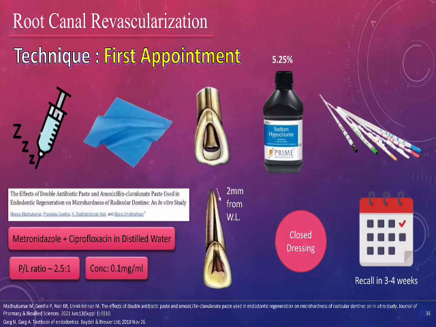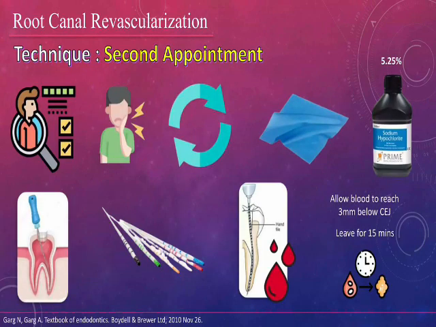So this is the clinical procedure done in the first visit, and then the patient is asked to come after 3 to 4 weeks. At the second appointment, you check how the patient is doing, whether there is pain. If there is no symptom of active infection, the same procedure is followed for the second appointment also. The extra thing you will be doing is using an endodontic file going 2 to 3 mm above the apical foramen into the apical space,